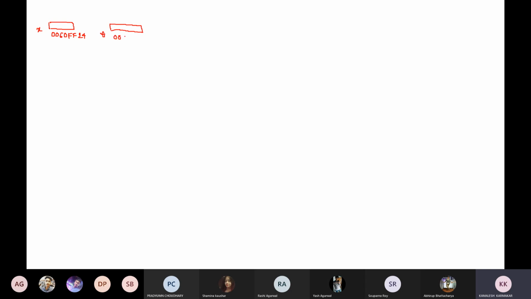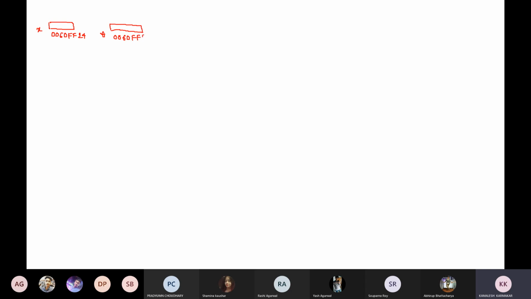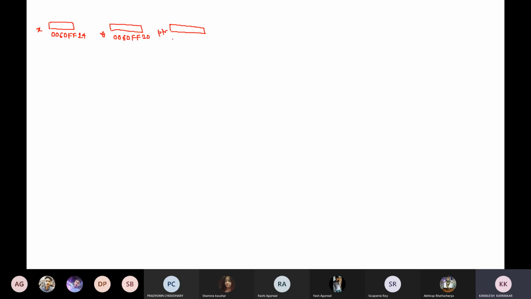Its address is 0060FF20. When we declared another variable PTR, the address of PTR is 0060FF1C. This is the address of the PTR variable.